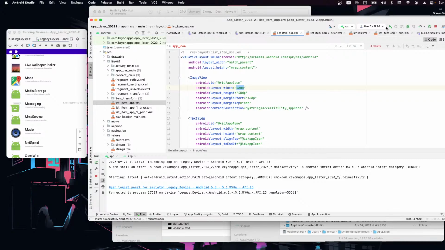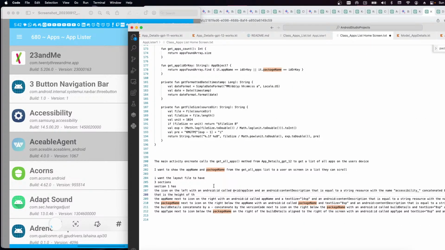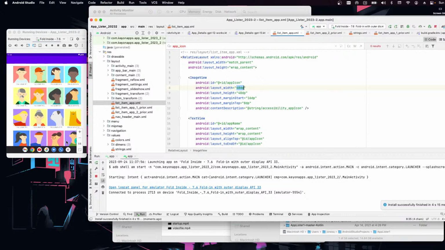If I run this on a different device, if I run it on the Fold, because what I want is I want it to be the height of this with a little bit of padding, with like an 8 dp. It's the height of, I don't know how to ask it for that. How would you say that? I want it to be basically height of 100% minus